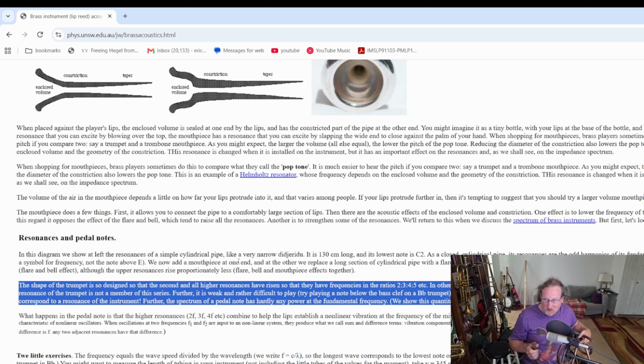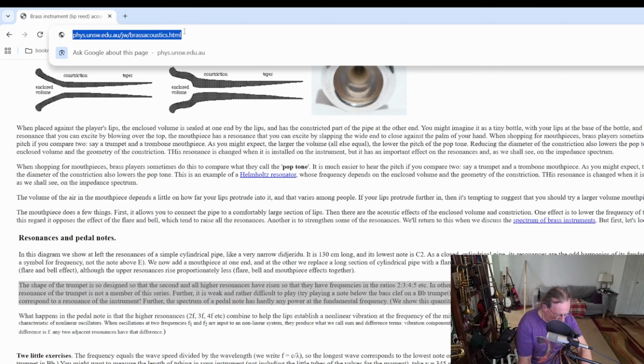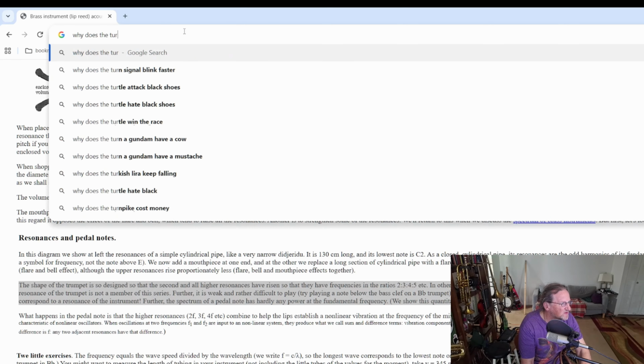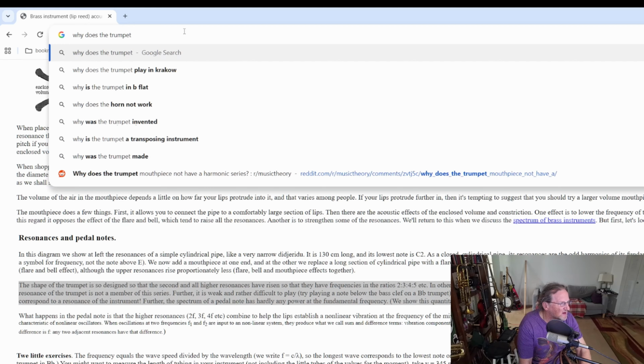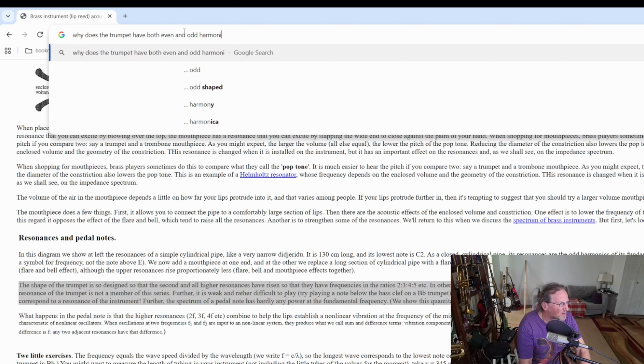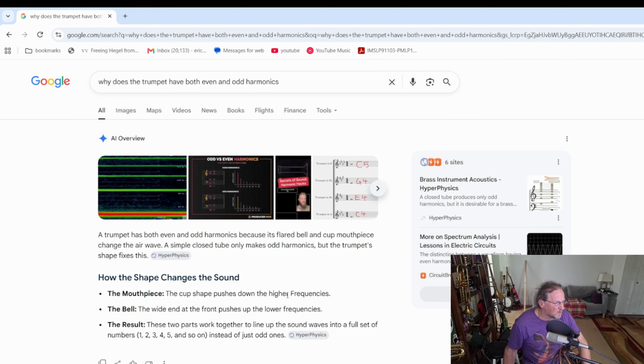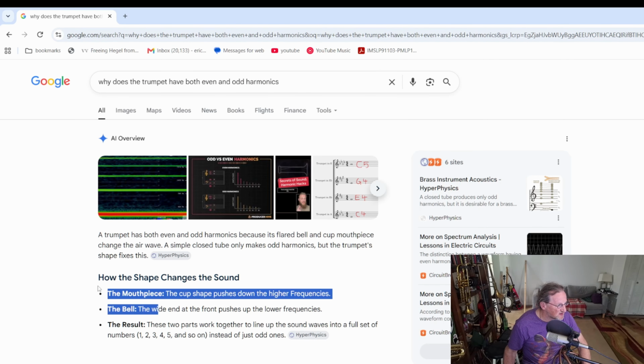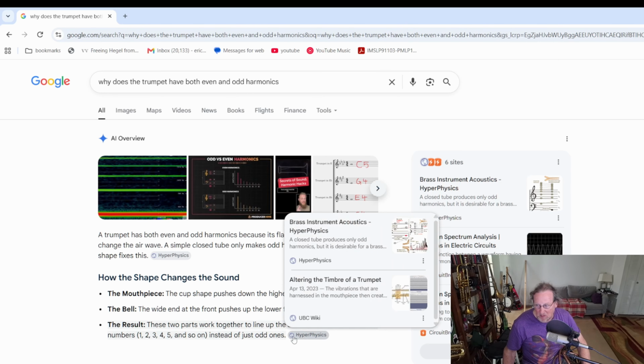So what I'm going to do is blow into this for a single note, and according to all the Google papers, let's look it up. Why does the trumpet have both even and odd harmonics? And they all look at the same things. They say it's the mouthpiece, the bell, blah, blah, blah. A clarinet's mostly odds, and it is a closed